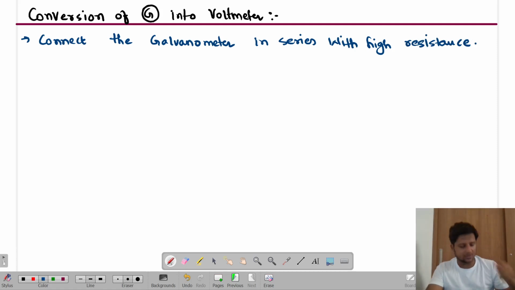Got it, Anurag? What you do, just connect your galvanometer with a particular resistor which is of high resistance. Got it, Anurag? So let's suppose if I consider,